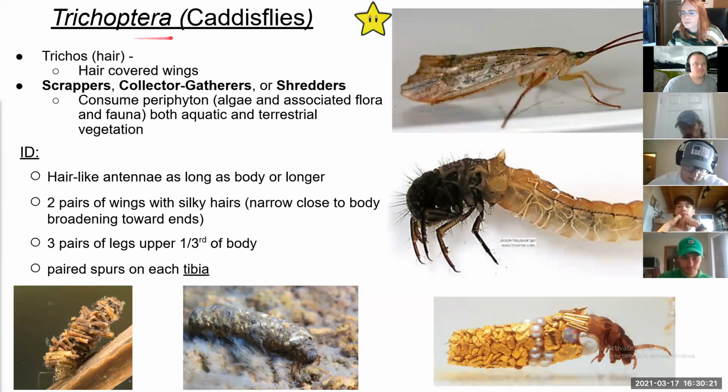Third one, Trichoptera, or your caddisflies. Trichos means hair. That's generally referring to it having hairs on its body and on its wings as well, kind of like fine silk-like hairs. So for caddisfly, that name it got generally, in the 15th century, caddis was a word for silk or cotton,